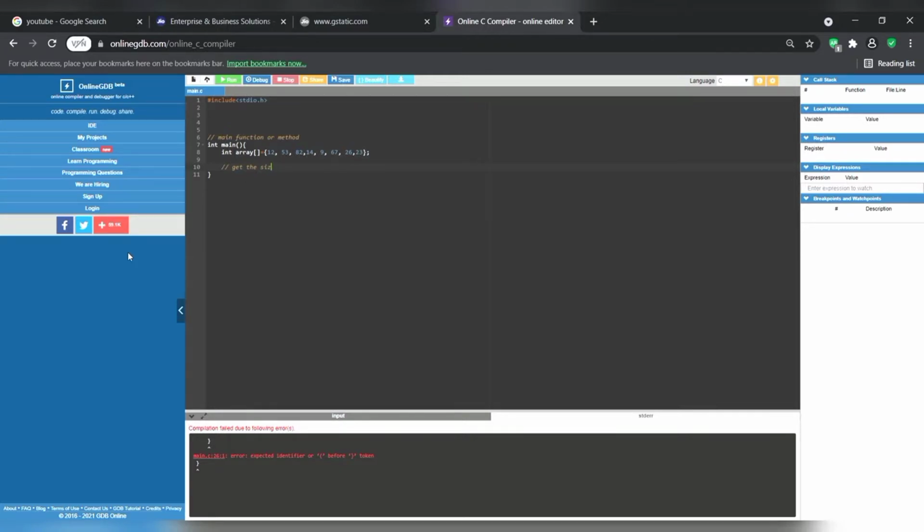And again I will get the size of this array. So I am commenting this here. So again I take one array length variable, and I will get the length of this array like that with the help of the sizeof built-in function. And below I will put the first element of this array,